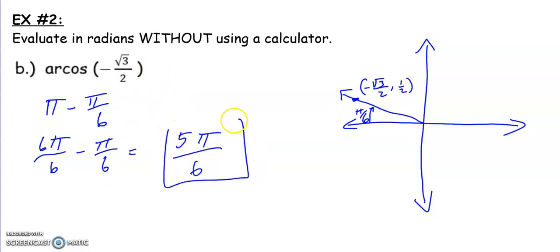Which angle gives me this x value on the unit circle? 5 pi over 6. Boom. Or if you're doing it in degrees, it would be 150 degrees. Either one. But it said evaluate in radians without a calculator, so we totally wanted to do it in radians. And then C,